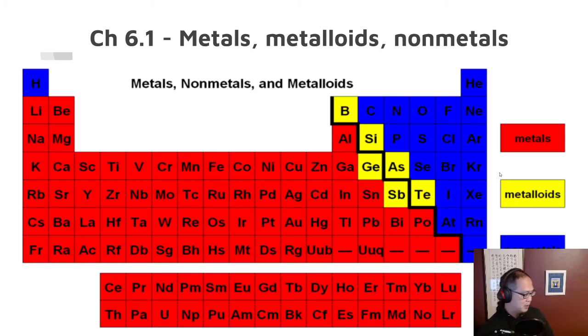Okay, so let's take a look at the periodic table itself. Now, you should know that the left side is generally what is considered metals. You see in red here. There are some elements that have metal and non-metal properties, and they are called the metalloids, and then the non-metals are in blue. Now, we'll get more into what that means for bonding and stuff like that in further chapters, but for right now, just remember metals are on the left, metalloids are along this staircase, this bold black line here that separates the metals and the non-metals, and then the non-metals are on the right side,